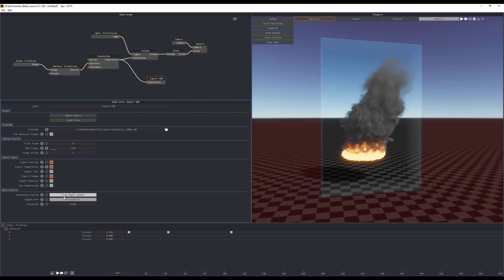Some information that is really useful is the coordinate system, because you know it is going to rotate the VDB in the right way. Actually, it is set to Z up, so it's the same as in 3ds Max. So the Z-axis is the up axis, and you know that in other software we have the Y-axis. And then right-handed, it means that the X-axis is over the right. If you press, you have the possibility to change as you prefer, so you can export in the way you prefer for your software, or you can change later in the software, because you can rotate the VDB object